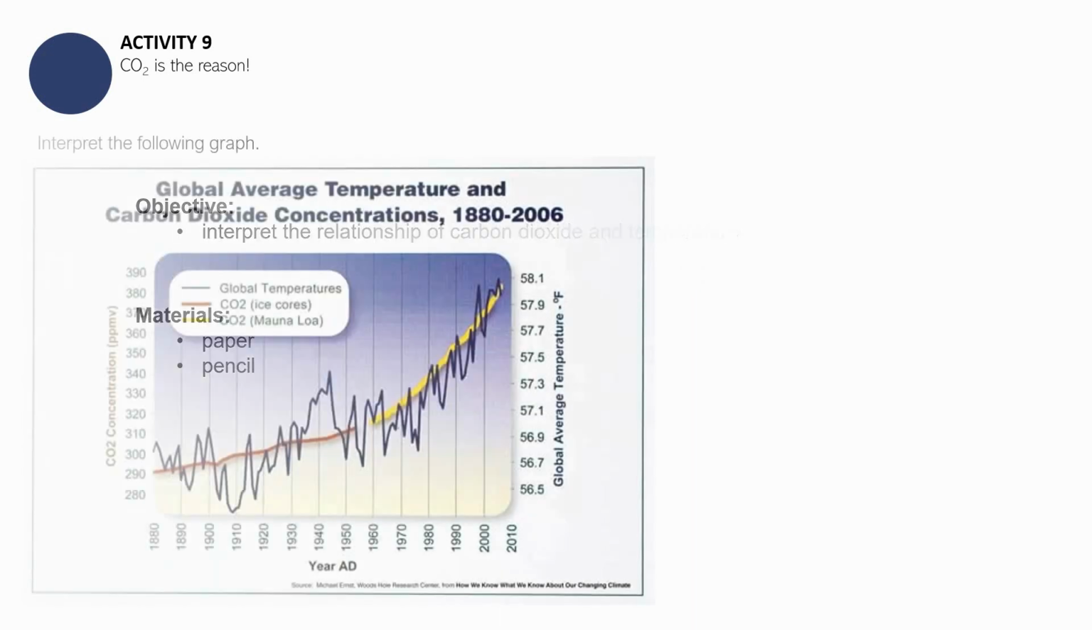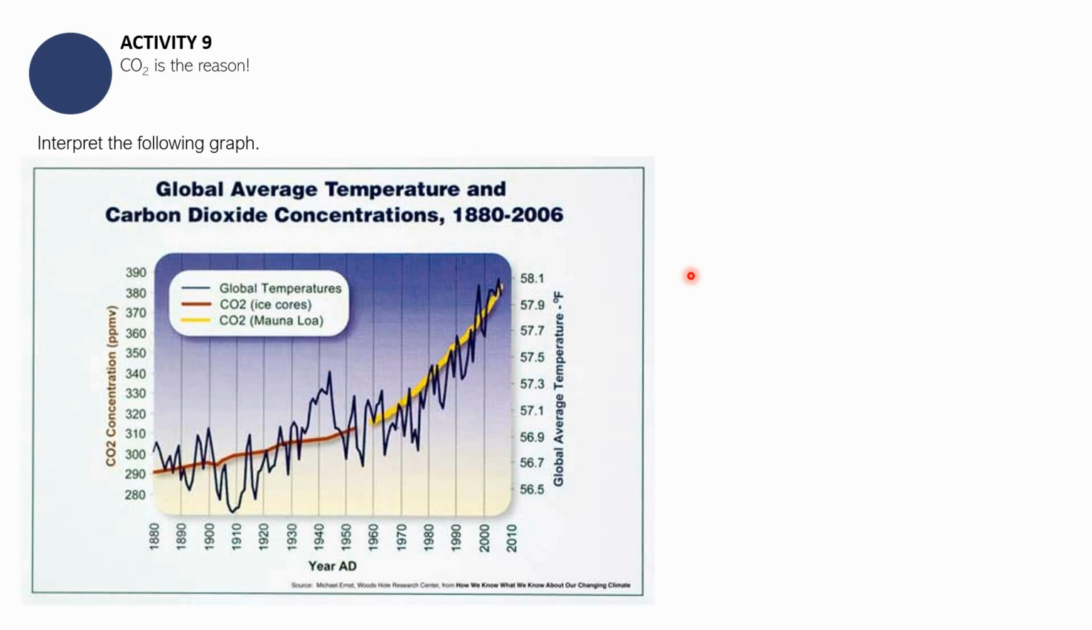Alright, so what you need to do is to interpret the following graph. And so this graph is entitled Global Average Temperature and Carbon Dioxide Concentrations from 1800s to 2006. So I will be giving you a moment to interpret this. You can pause this video for the meantime. Are you done? Okay, so if you're through, I hope that your observations are enough for you to answer the